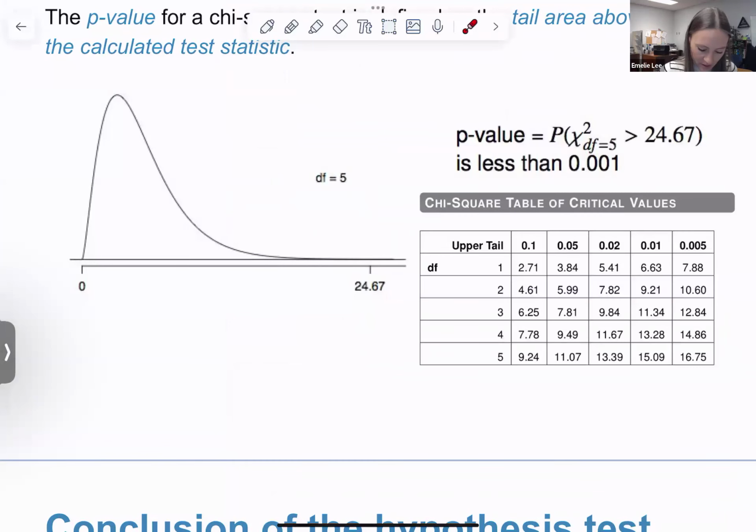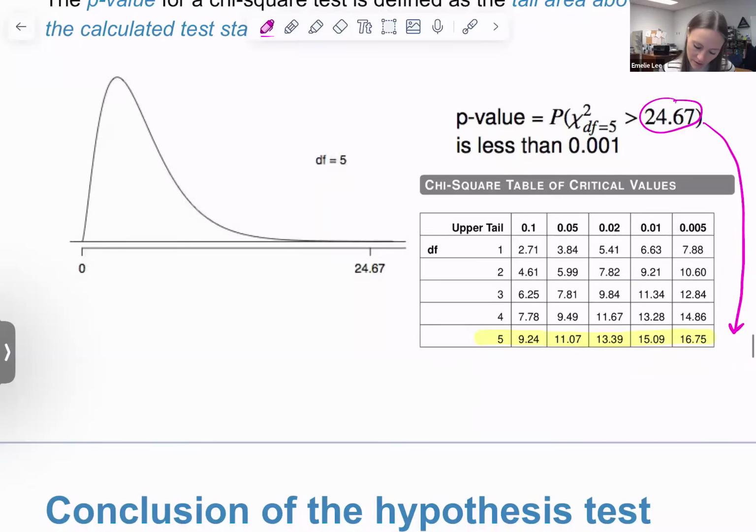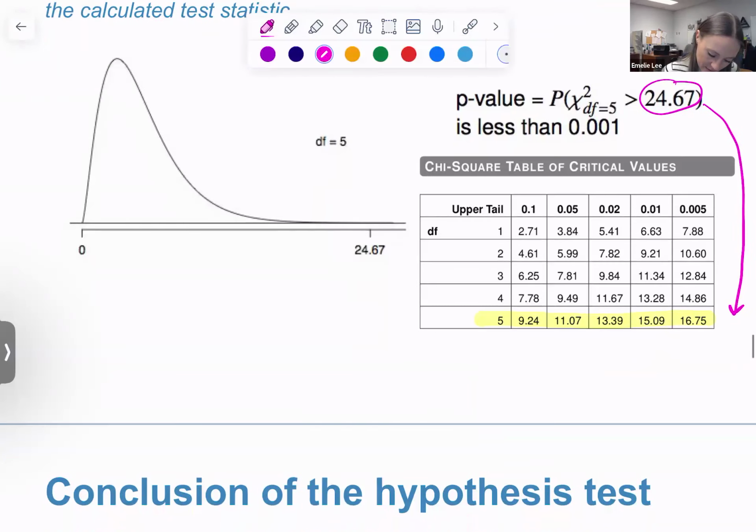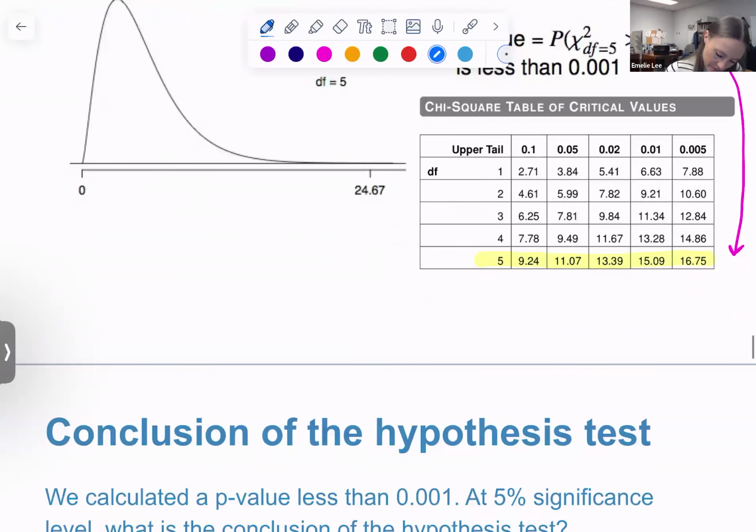We had 5 degrees of freedom and 24.67. If I try to place that somewhere here, then 24.67 would fall here. So using the table on the formula sheet,